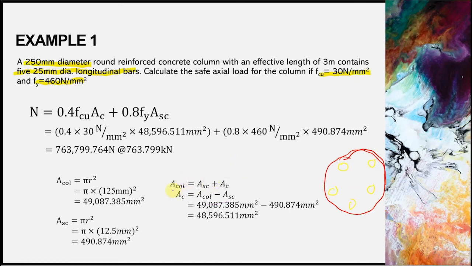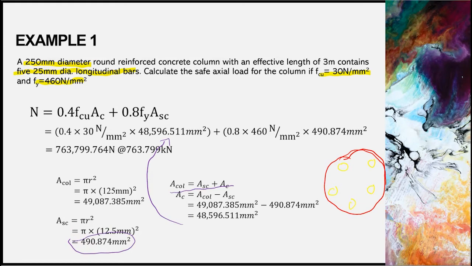Alright, after we calculate this one, okay, we can go straight into this formula. Area of column equals area of steel plus area of concrete. So to get the area of concrete, we take the area of column and minus the area of steel. So just take this value and subtract. So we get the area of concrete directly. This area of concrete we can put straight into that formula. Okay, and then plus 0.8 times 460, which is the Fy given. Okay, and then times the area of steel. Area of steel we have already calculated here,